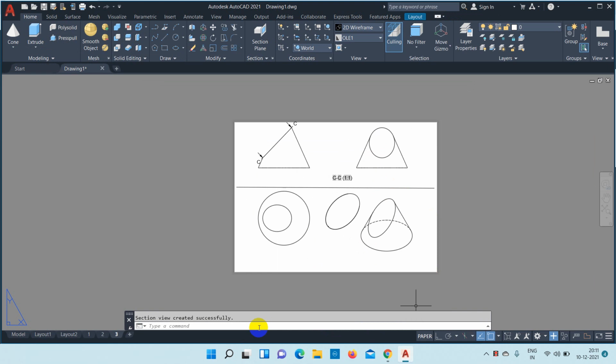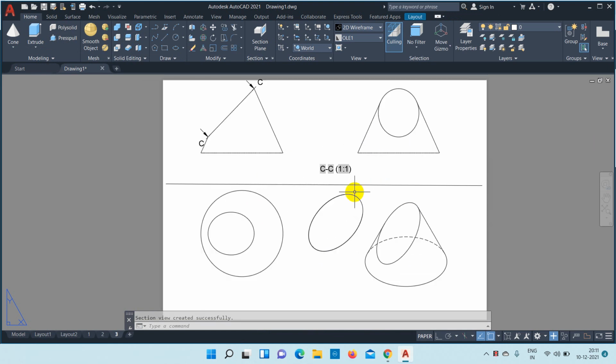Now we'll show you how to do the hatching part. In order to hatch, the object should be a closed one. So to make it a closed one, we'll just create an ellipse. You can see there is an option called ellipse here, and in that you click axis and end. So click this end, and just drag it up to this. Now if you hatch it, you can see the hatch clearly.